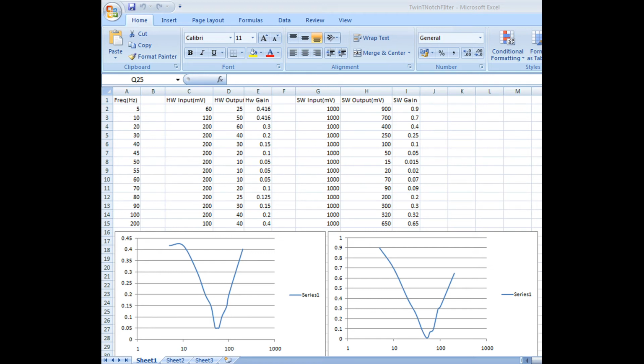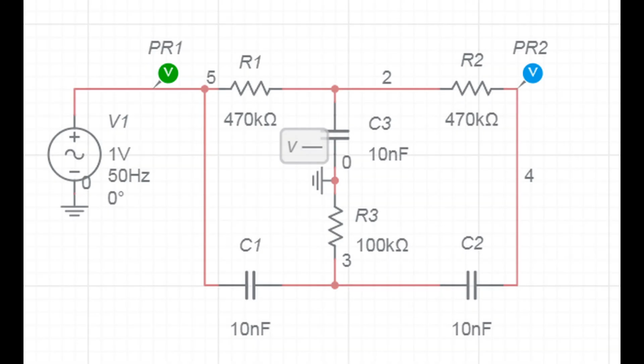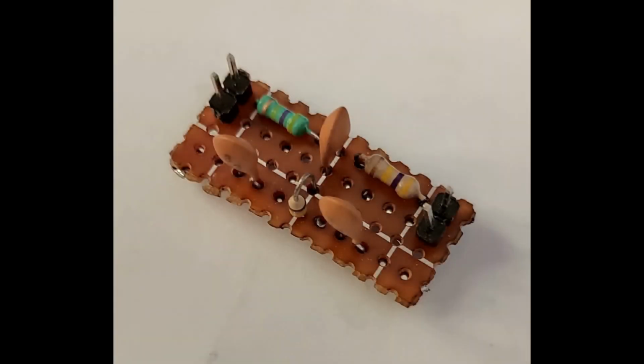So this circuit is a great success, and I very much recommend you build it. Also, you can use an active component like an op amp or buffer in the preceding or the next stage to remove any loading effects from the RC network, and then you are good to go with this circuit to remove such power supply hum from your circuit.